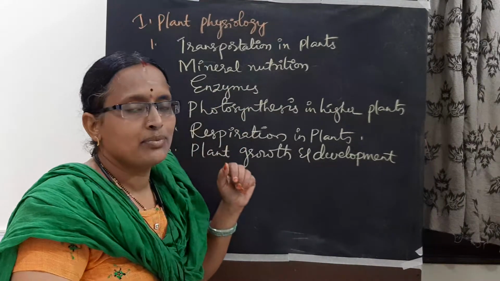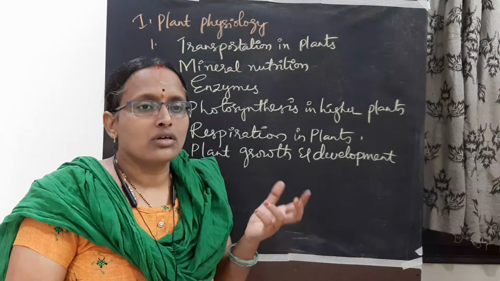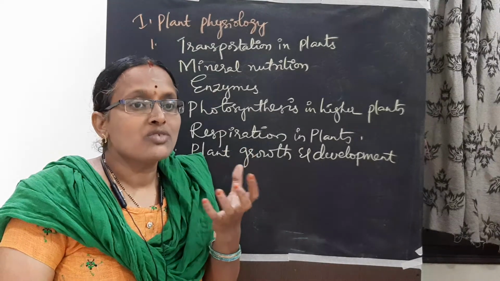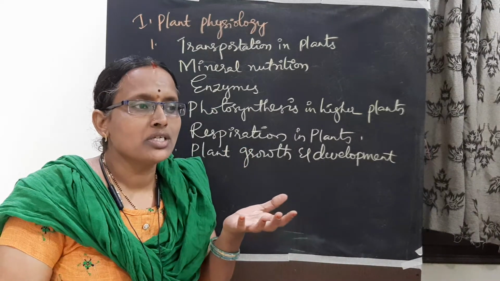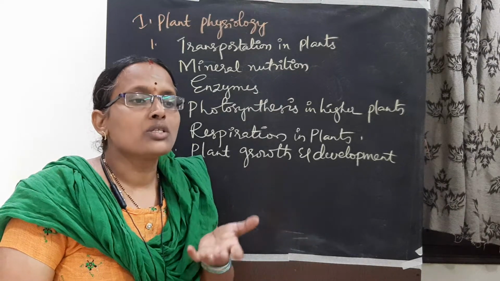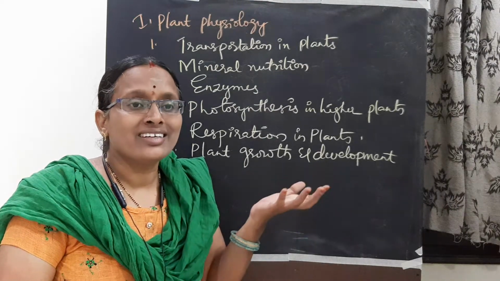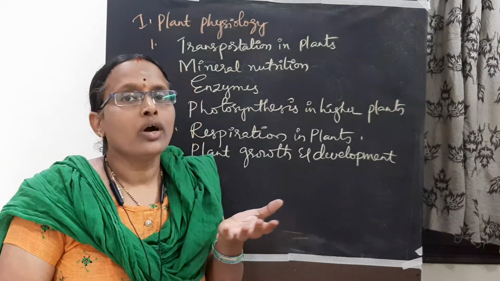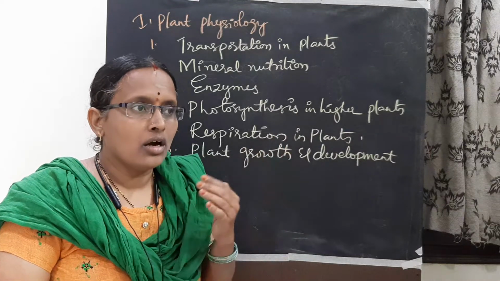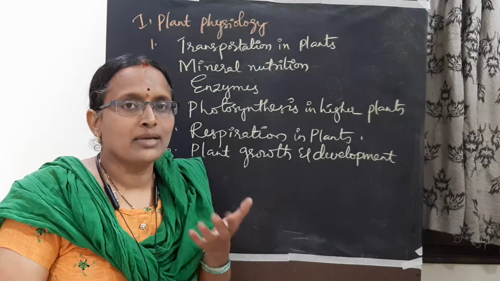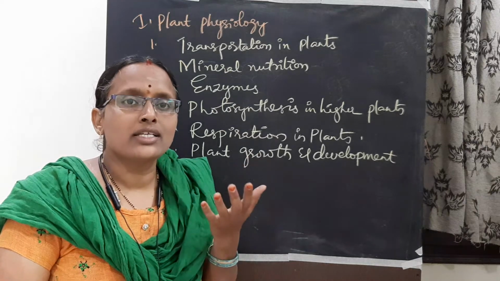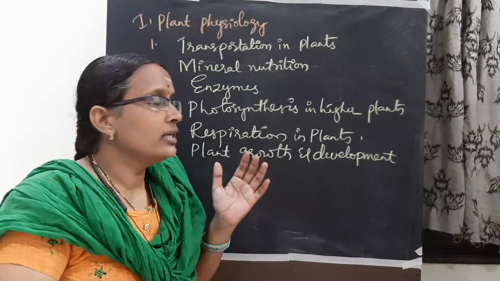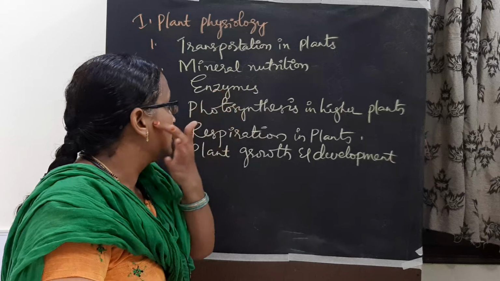Next is enzymes. Enzymes are substances which enhance reactions. For example, glucose forms glucose 6 phosphate, and to speed up that reaction, one enzyme is required, that is hexokinase. Like that, we will see the different types of enzymes, competitive enzyme mechanisms, how enzymes work, and classification of enzymes, which we are going to observe in the third lesson.